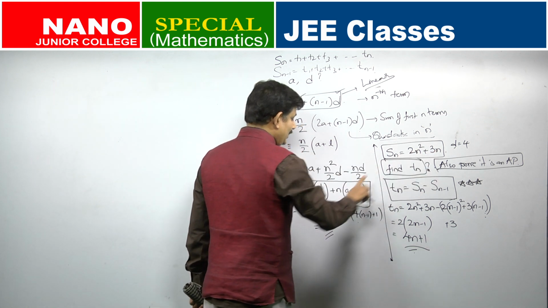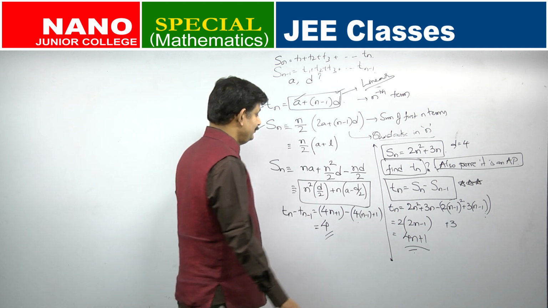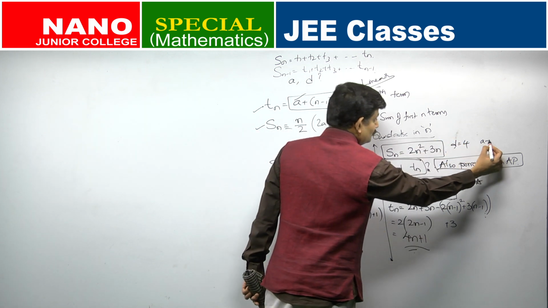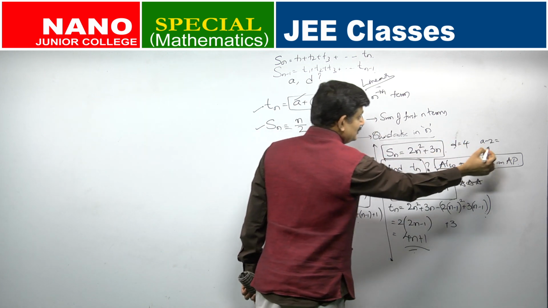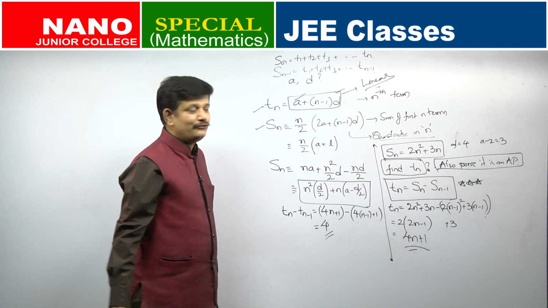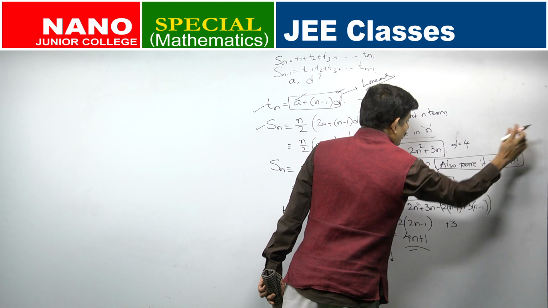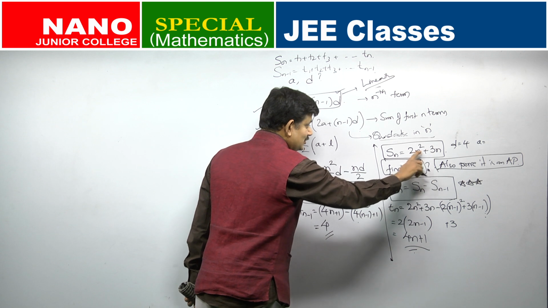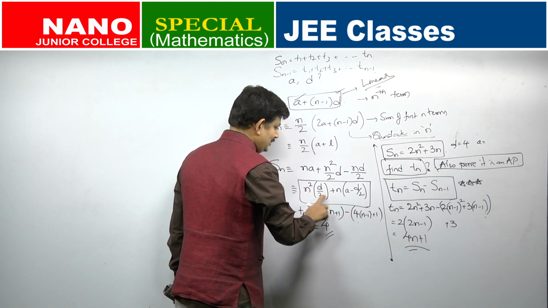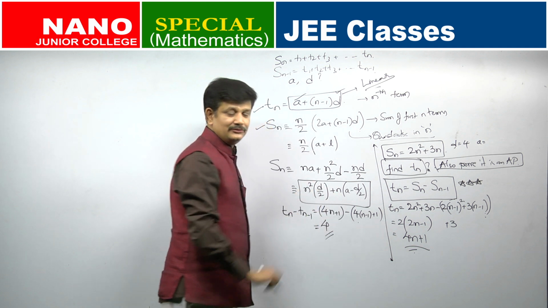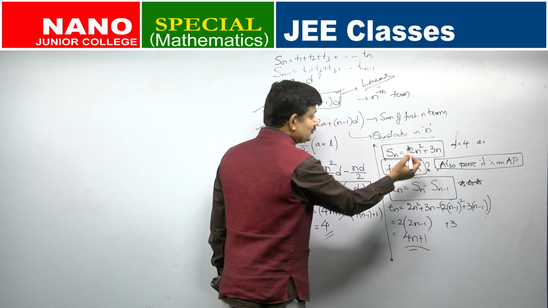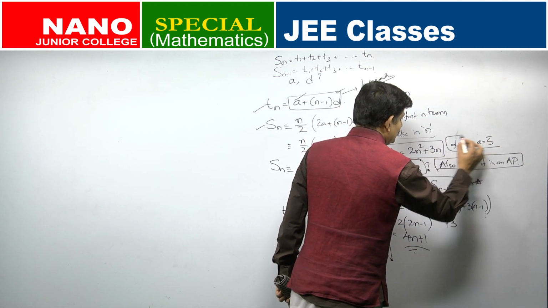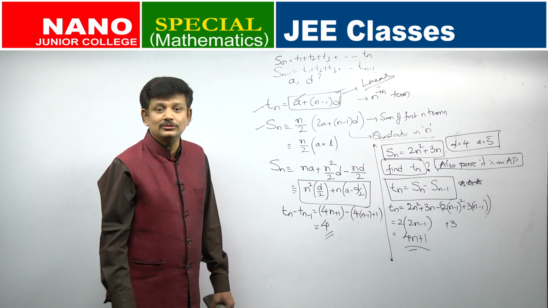And what is the coefficient of n? It will be a minus d by 2. d by 2 is 2. The coefficient of n is 3. So, a will be how much? 5. a will be 5. Or to get a directly, just add these two terms. Simple trick. Just add these two terms, you will get the first term of the progression. So, add the coefficient of n square and the coefficient of n, you will get the first term. 2 plus 3 is equal to 5. Is it simple or not? In one go you are able to answer the question.